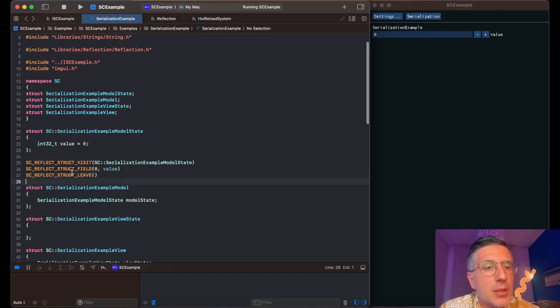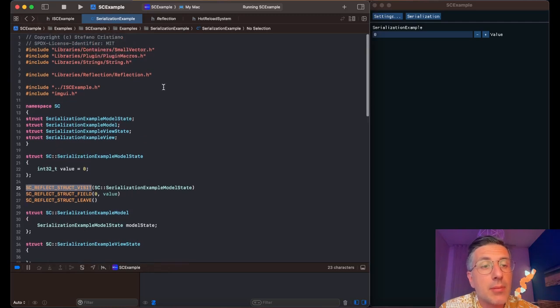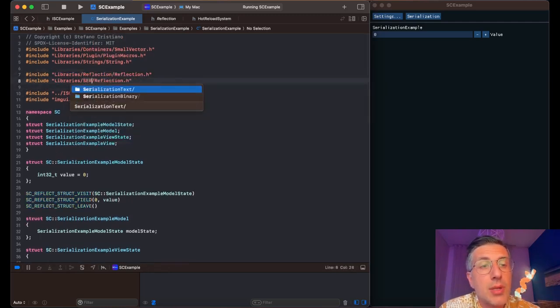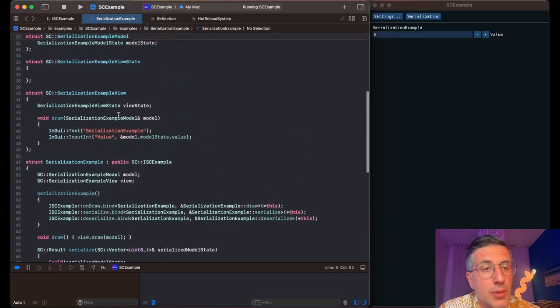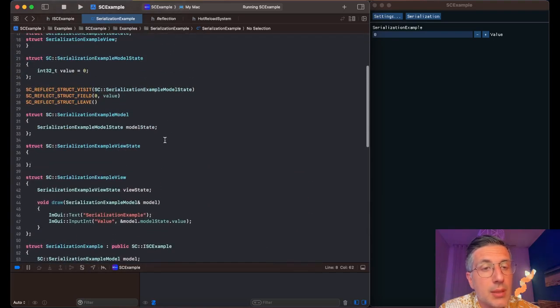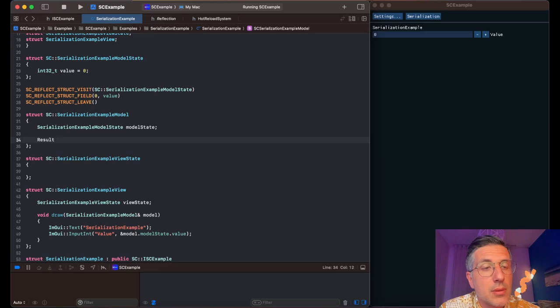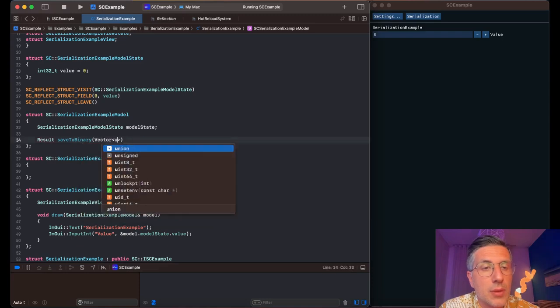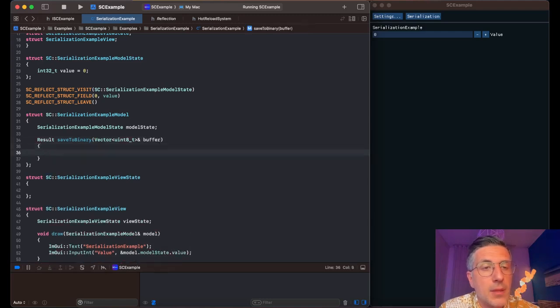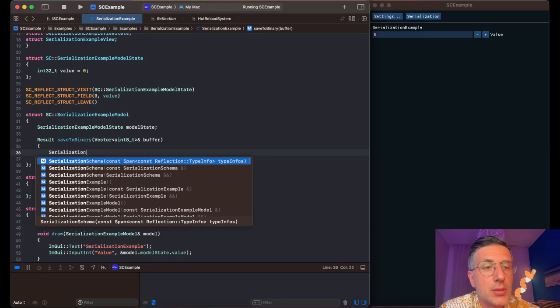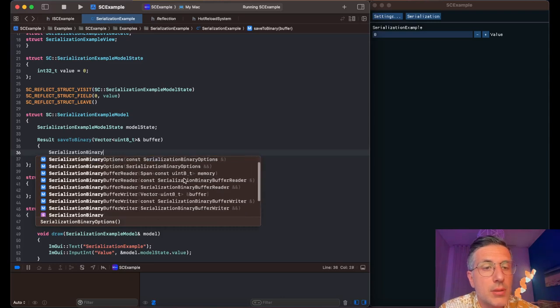Now, that being said, we are using reflection to describe the data structure. I can use the serialization binary to serialize the model state. So let's say model, let's say result, save to binary, vector uint8, buffer. So I'm going to use serialization binary,